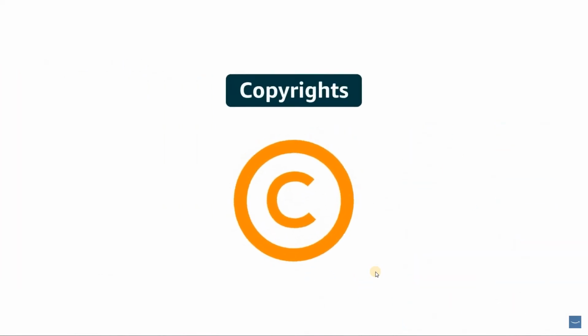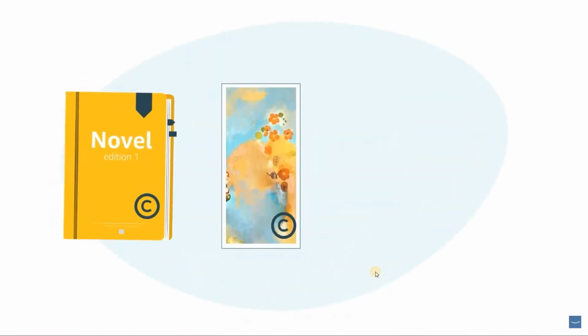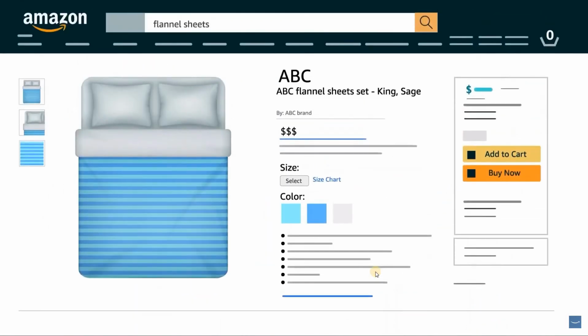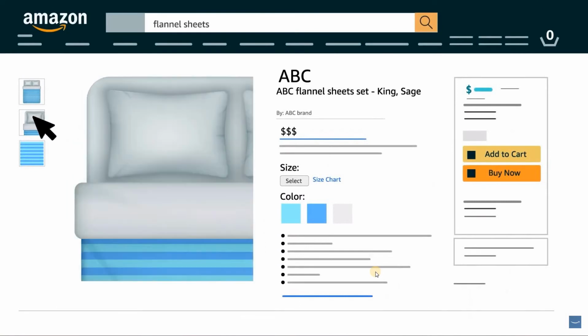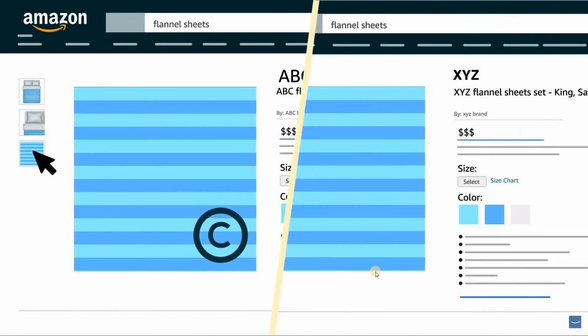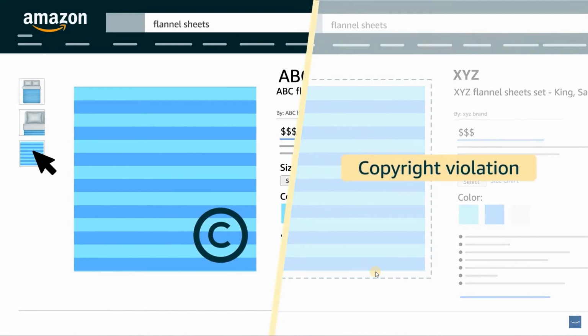1. Copyrights. Copyrights are legal protections for original works of authorship. For example, books, paintings, videos, movies, songs, etc. Let us consider the example of ABC, who is a maker of flannel sheets and took the photos of the sheets shown here and thus owns the copyright for those images. If another seller copies these images to use on another product's detail page without permission, they would be violating ABC's